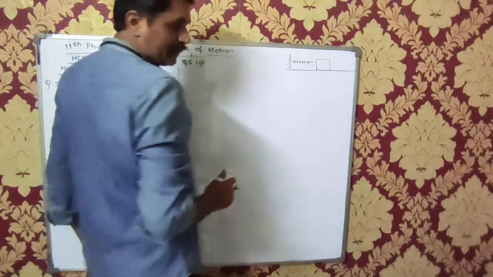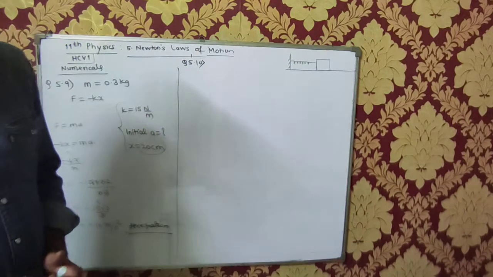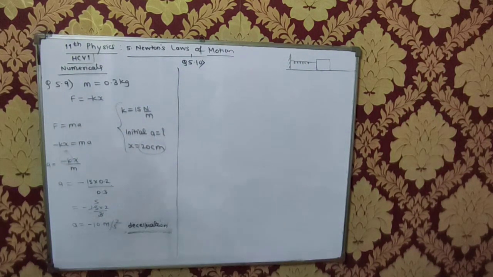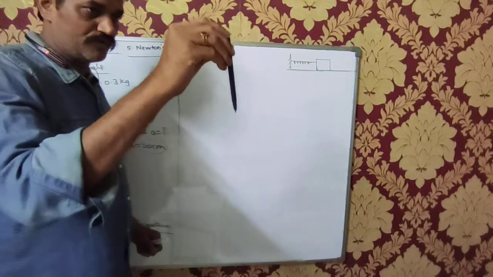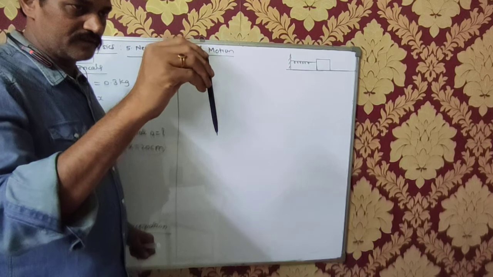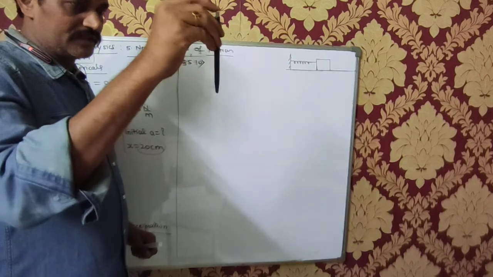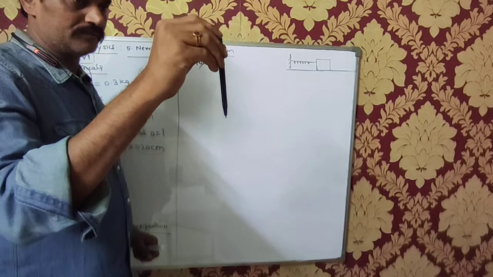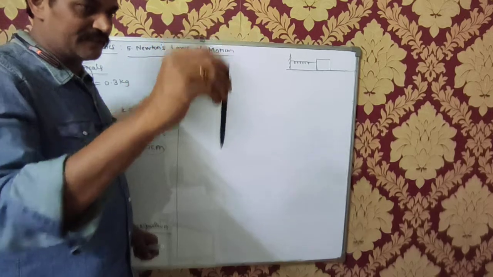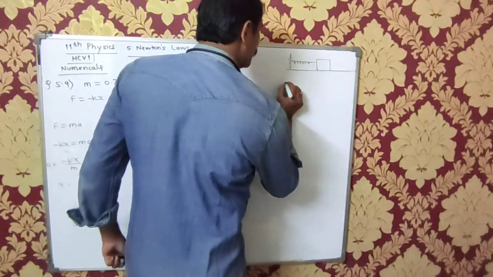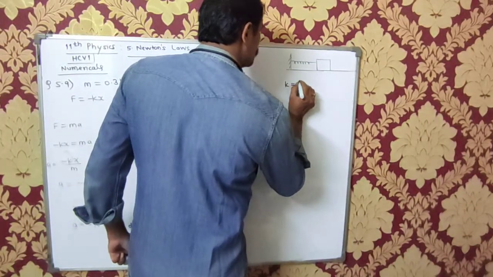Now there are two types of springs. If I consider the ballpoint pen, it has a spring inside, and I need to apply some force to compress the spring. If I am compressing this by 1 centimeter and the force is 10 Newton, then the stiffness, this is called the spring constant,